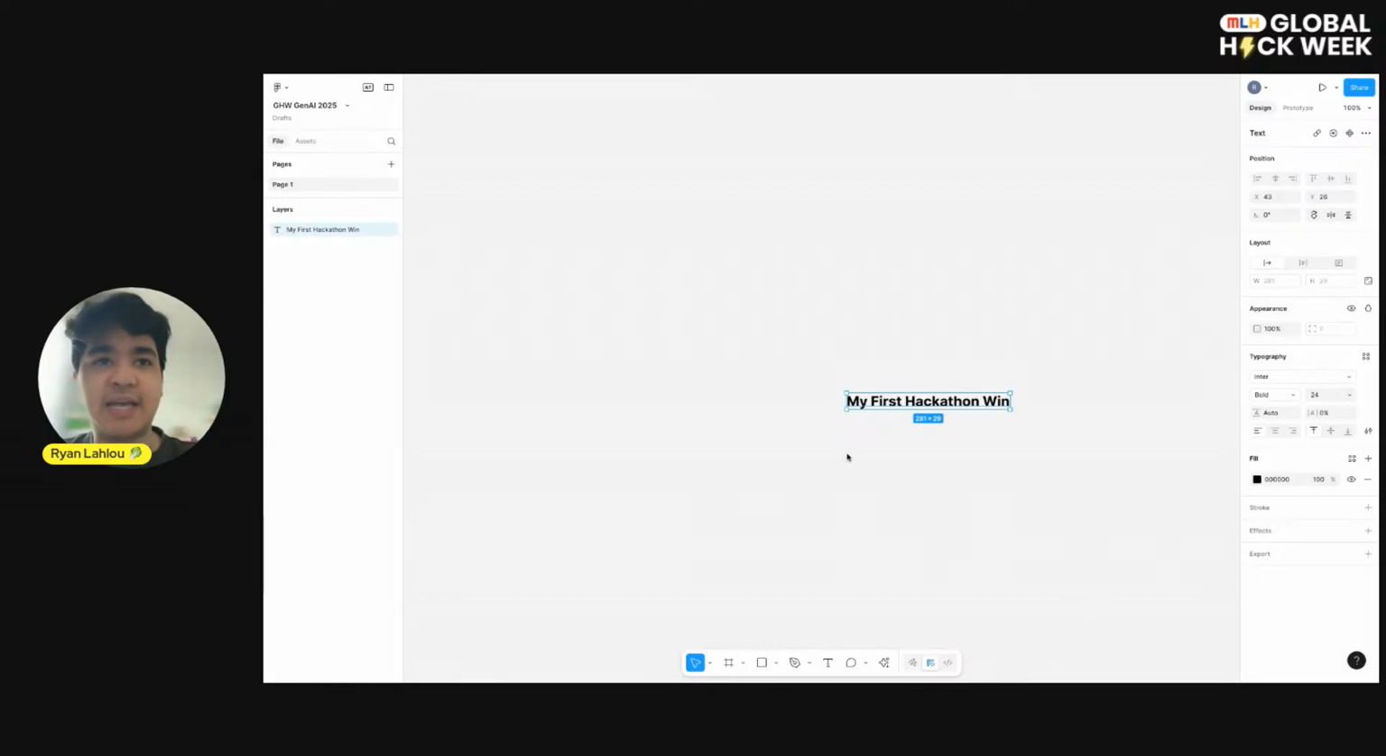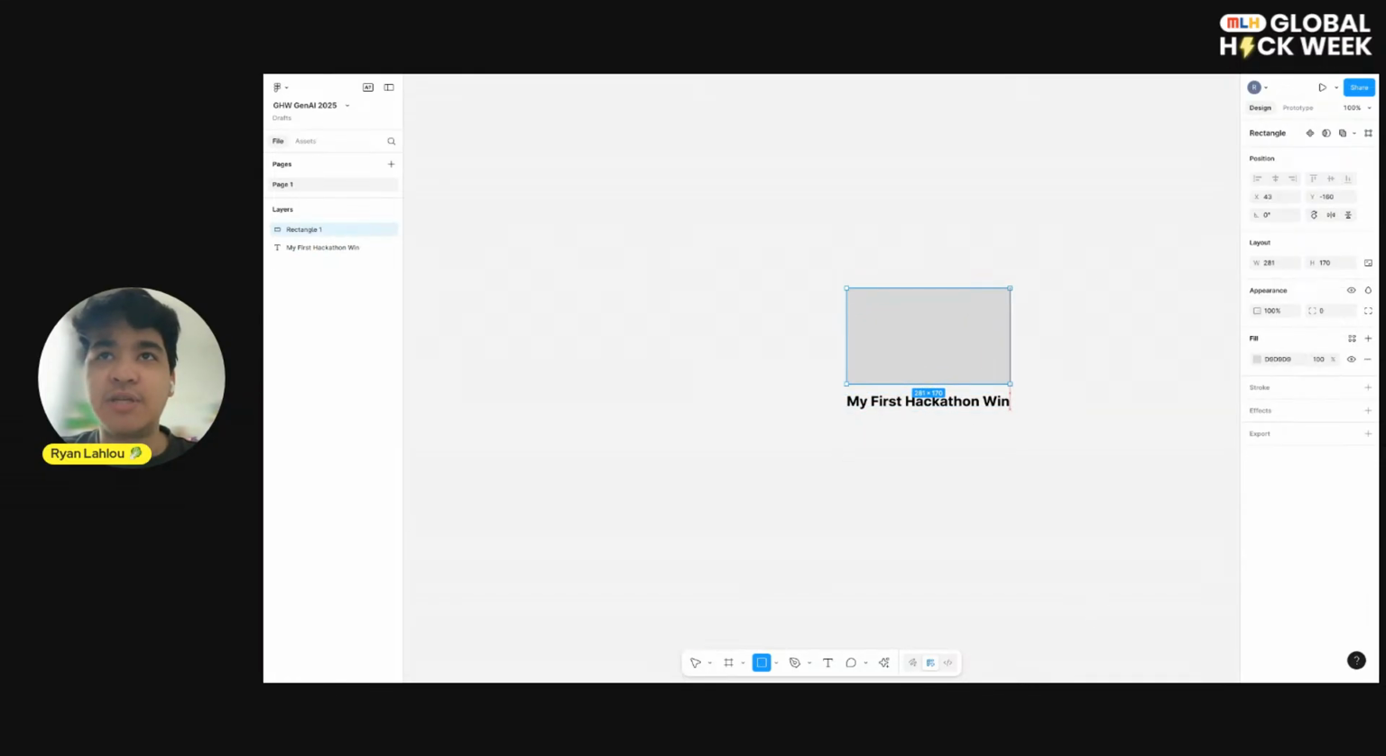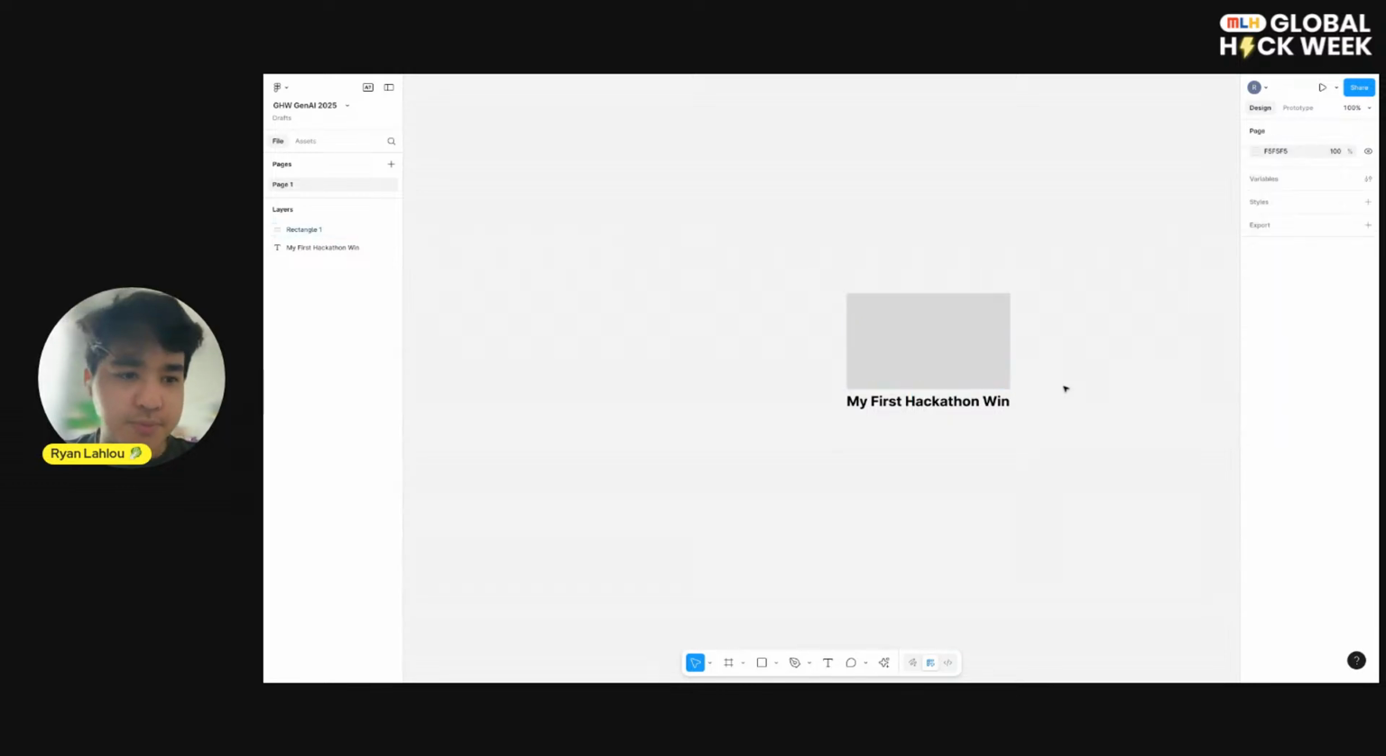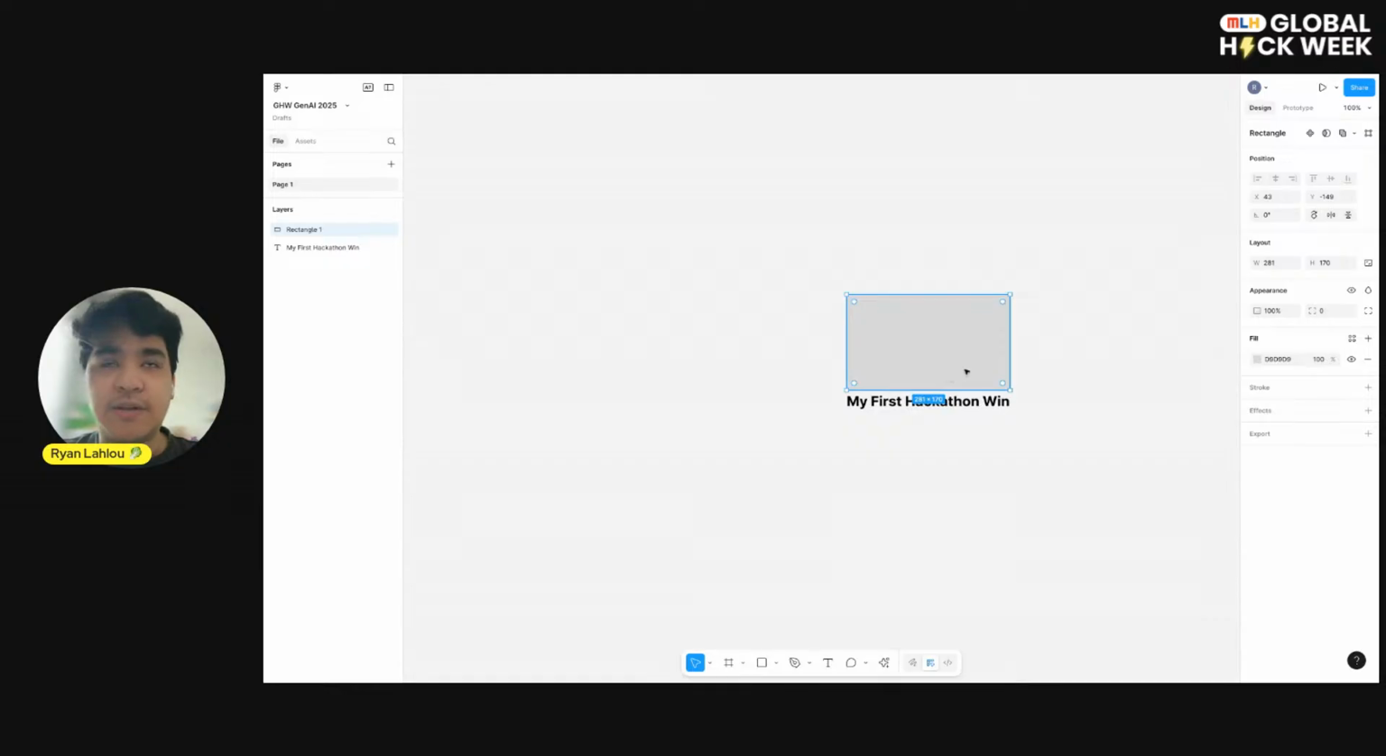Next, what I'm gonna do is I'm gonna hit the R key, which will select the rectangle shape tool. And I'm just gonna drag it out and place it above my text saying my first hackathon win. And for now, you can see it has a color. In a few, we're gonna change it from colors to a picture. So now that I have that created,